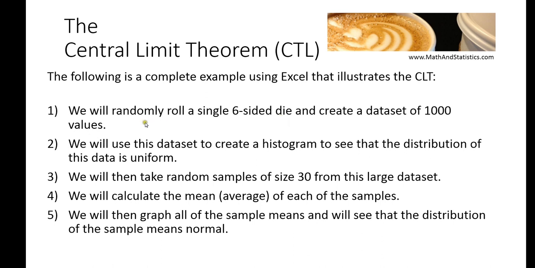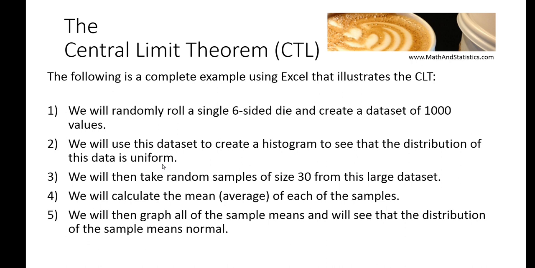And we know that when we roll a single six-sided die over and over and over again, we expect to get a distribution of data that is called uniform, meaning that because each side of the die is equally likely to come up, after 1,000 rolls, we should have a very similar number of 1s and 2s and 3s and 4s, 5s and 6s. And that's called uniform distribution. And we're going to create a histogram in Excel using this data to prove that the distribution is in fact